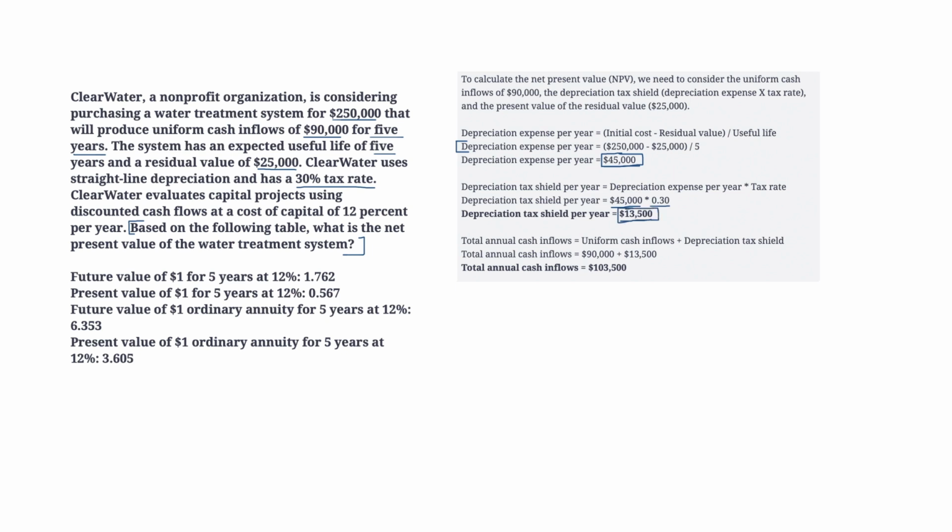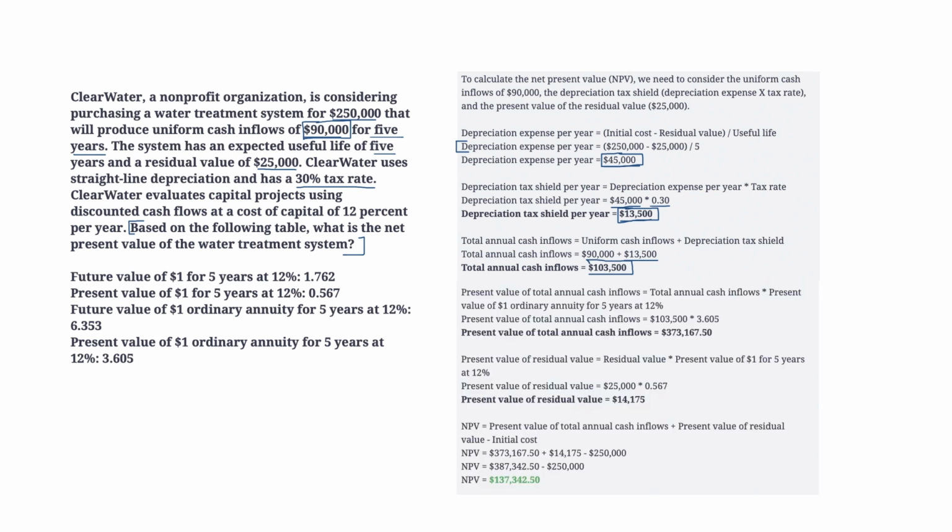So we treat this like a cash inflow. The fact that we're saving this money is treated as a cash inflow. And we're going to have to then find the present value of that depreciation tax shield. So then the annual inflows each year are going to be the $90,000 plus the depreciation tax shield of $13,500. So we have an undiscounted amount of $103,500. So then we're going to multiply this by the present value of $1 ordinary annuity for 5 years at